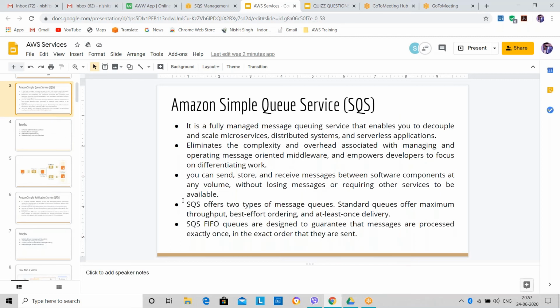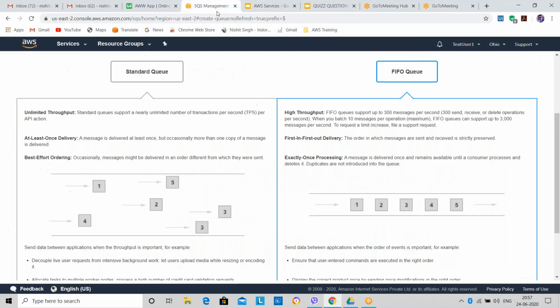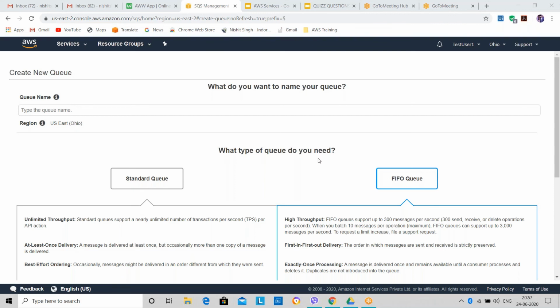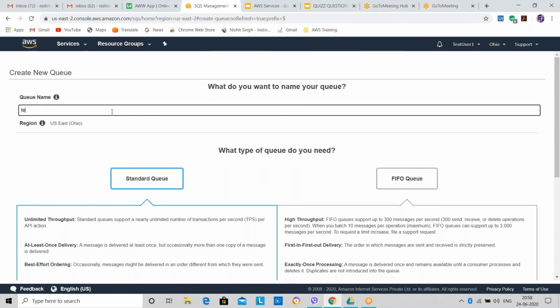Okay, so I'll show you the practical of how you can create the queue. In case you want to create the standard queue, you can directly give the name, or